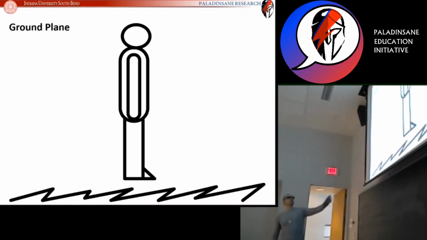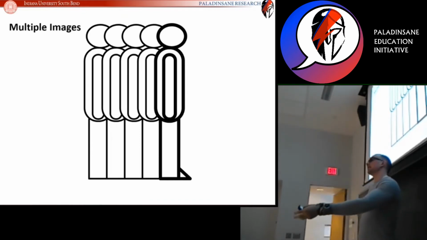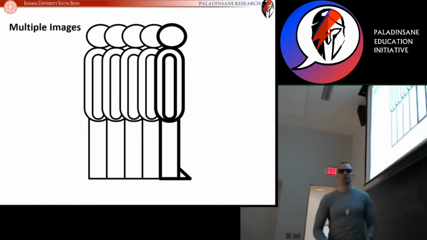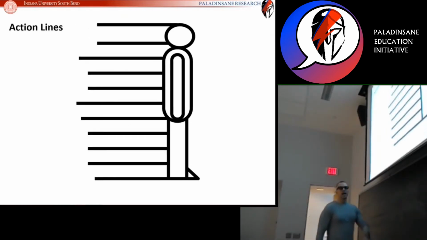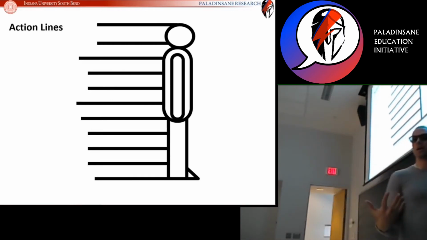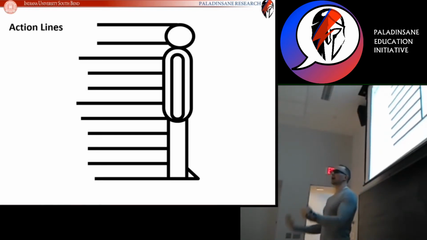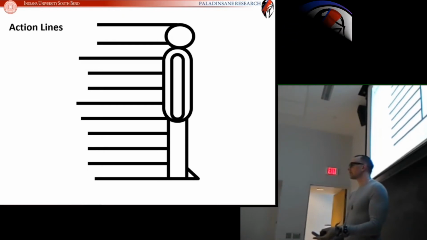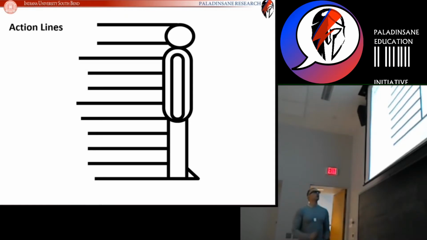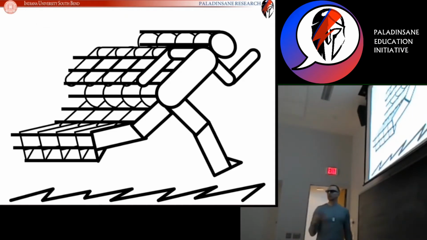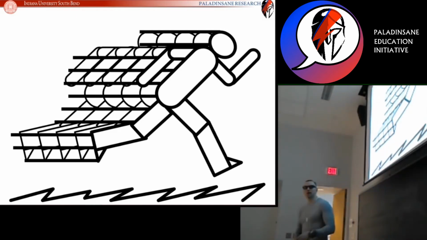The metaphorical devices that we looked at, the first one was multiple images. Do they have those multiple cascading images indicating their direction of travel? And the last one that we looked at was action lines. The interesting thing about these five pictorial devices is that they can all be combined in any combination. You can put any two of them together and they won't contradict each other. You can put any three together, or all five, and they're still fine. They're systematic, if you will.